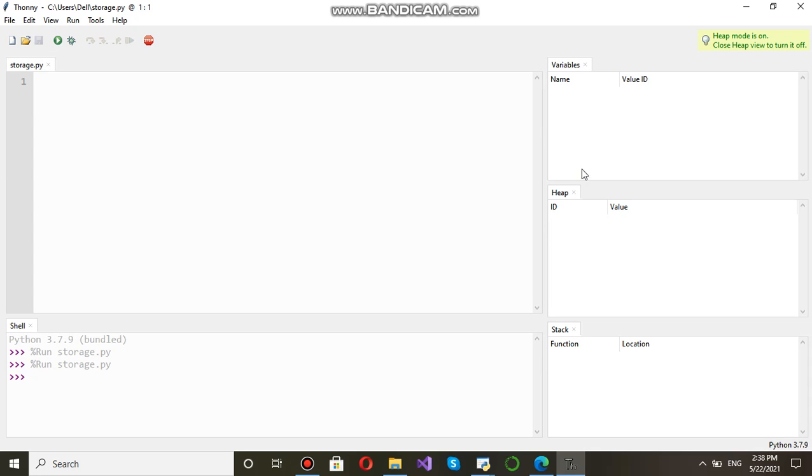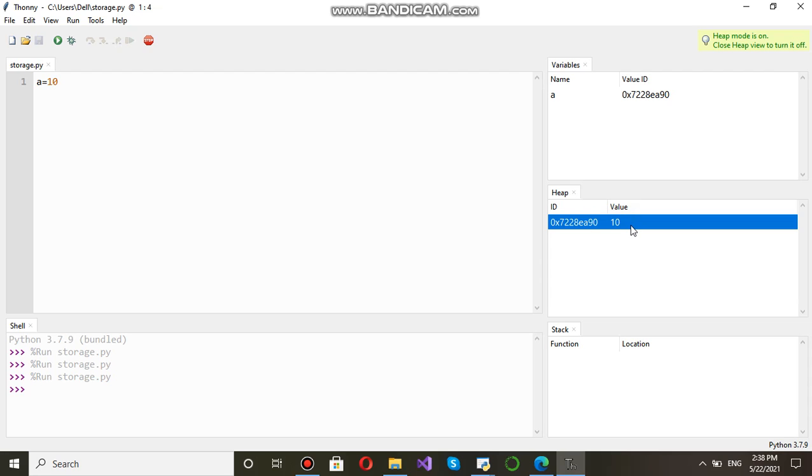So variable, heap and stack you can see. If you are going to write a equals 10, right? 10 will be stored in heap area and a will be stored in variable section, and a will point to the address of 10. Just I am going to run this and you see what is going to happen.